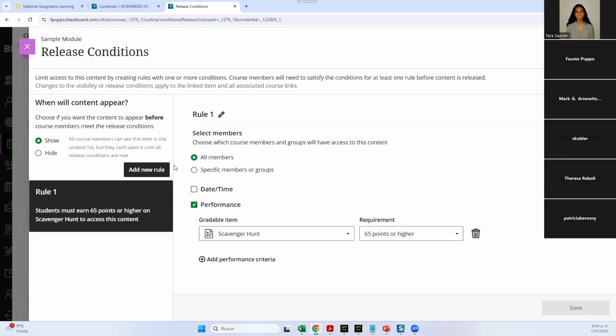Now you can have multiple rules. In that way, you're giving people more than one way in which they can access. So one could be performance, and another rule could be date and time, because you don't want people to be locked out of your course. If they do not make it 65 points or higher, then they would not be able to actually move on. So you can combine